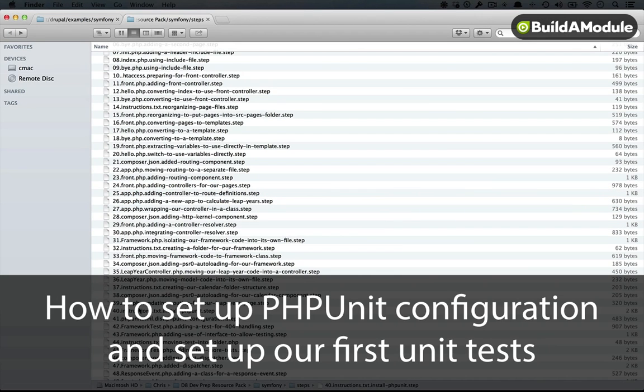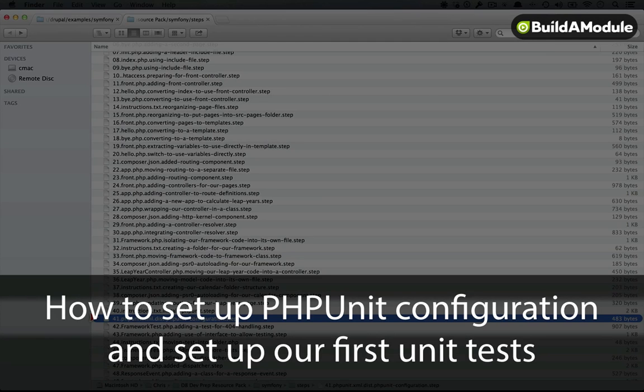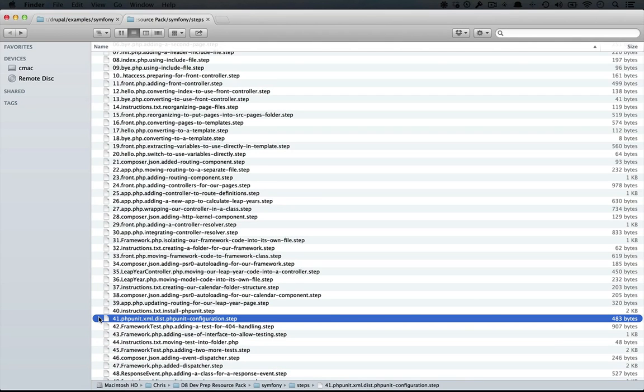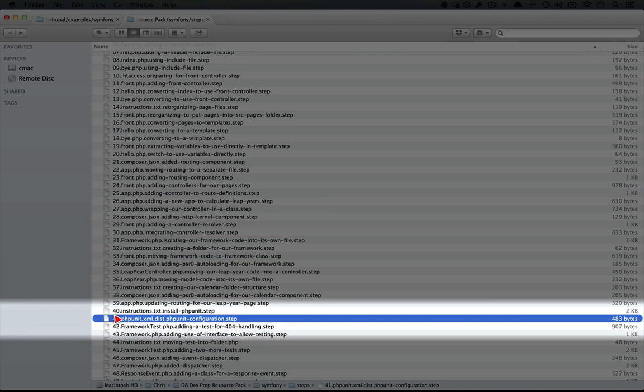I'm going to go back to the resource pack directory. The next thing that we need to do is add a configuration file for PHPUnit to the root of where we want to run the tests, which is going to be in our examples/symfony folder. So let's copy this 41st step called